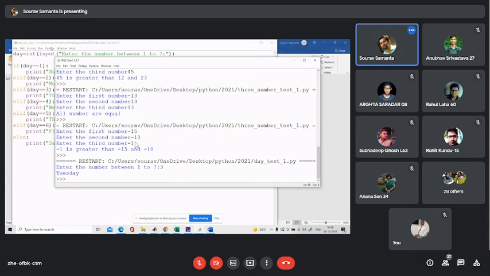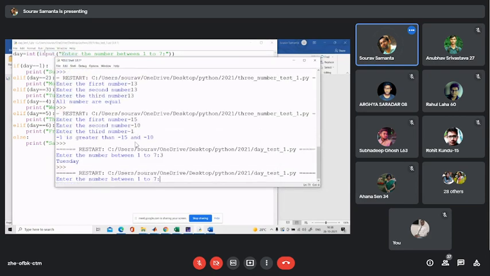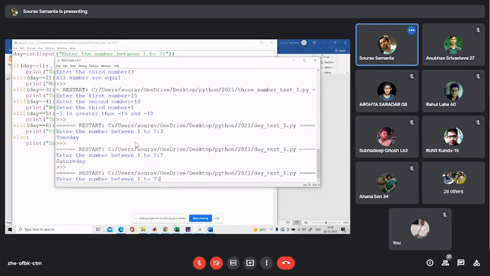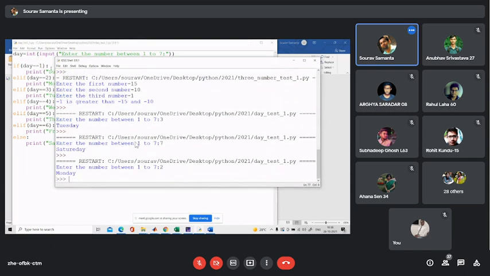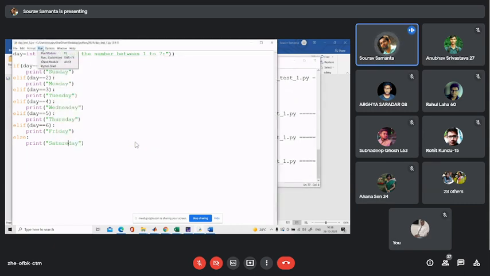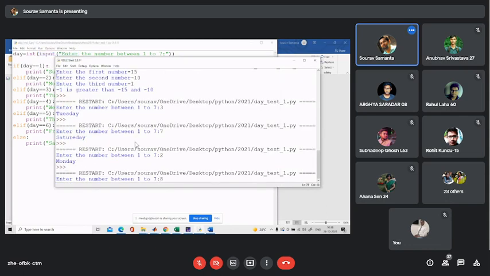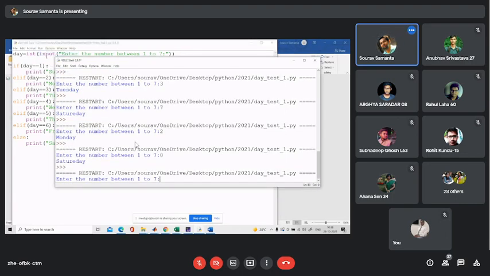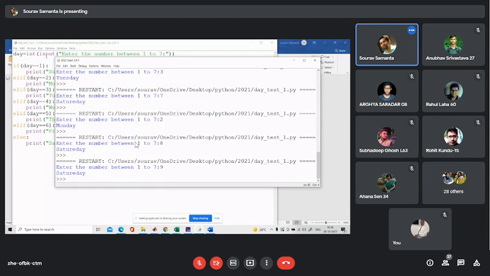No problem, we are getting the proper output. But if the user mistakenly gives the input as, say, 9, it will show the output Saturday.